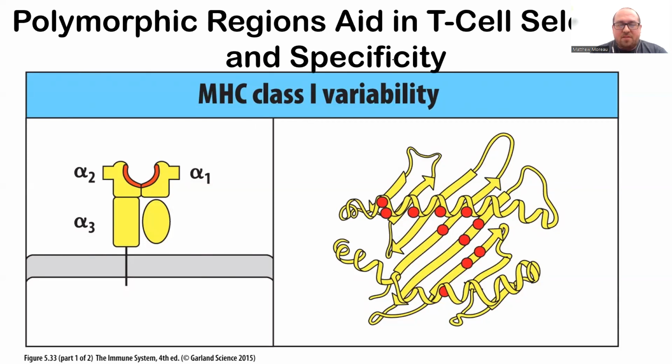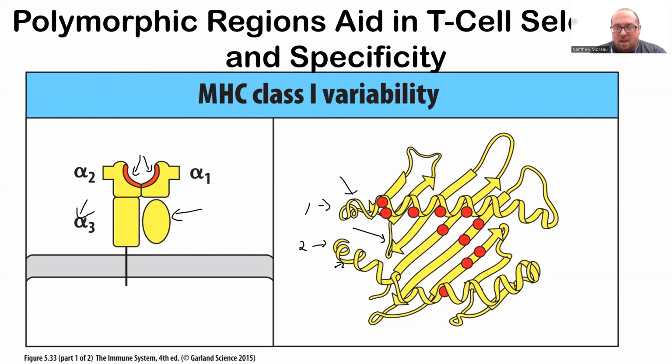MHC class 1 and MHC class 2 have these pocket regions. These pocket regions are in between the alpha 1 and alpha 2 subunit. There's a third subunit, and this is the beta 2M subunit. And in the cleft of alpha 2 and alpha 1, here in this spanning region, here is alpha 1, alpha 2, and there's a bridge between these two alpha helices of anti-parallel beta-pleated sheets, and these